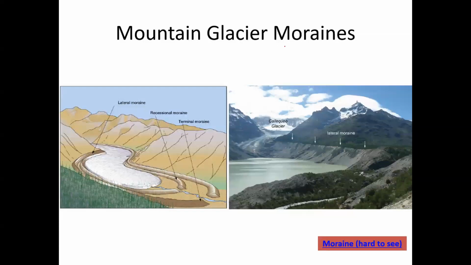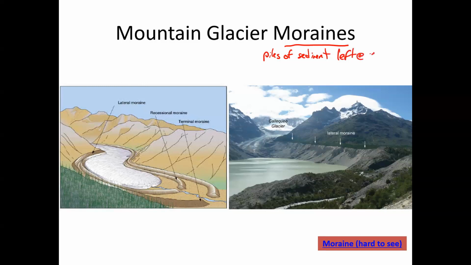I want to mention what moraines are. Any type of glacier can leave moraines. Mountain glaciers leave a couple of special types. Moraines are piles of sediment left at the edge of a